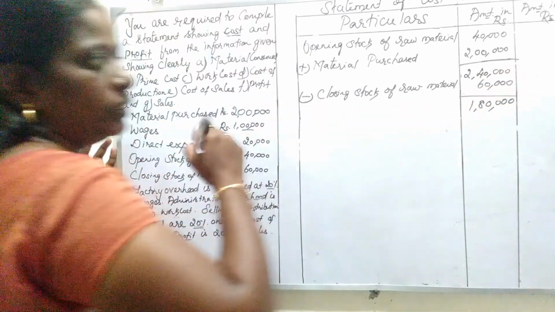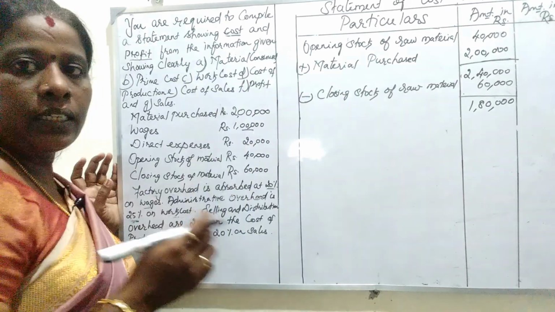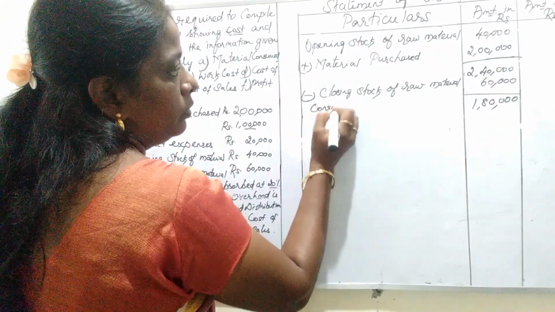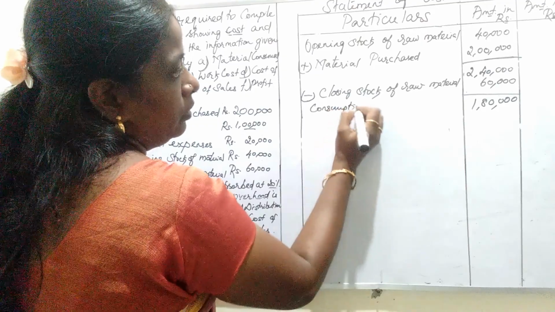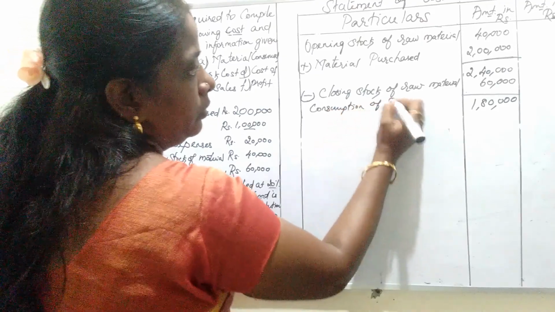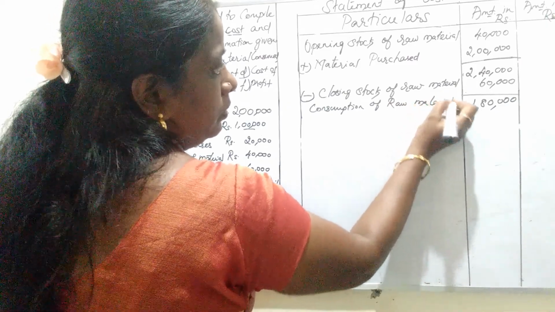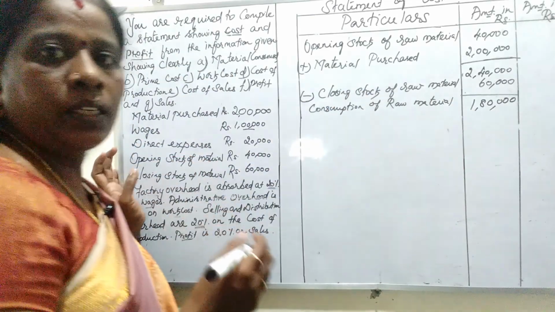One lakh 80,000 is the raw material consumed value, consumption of raw material. Okay. Next,